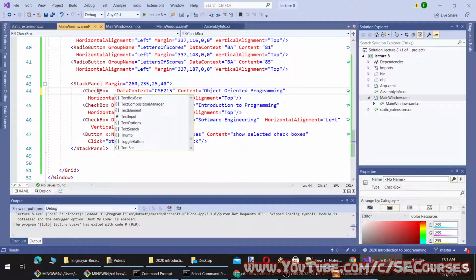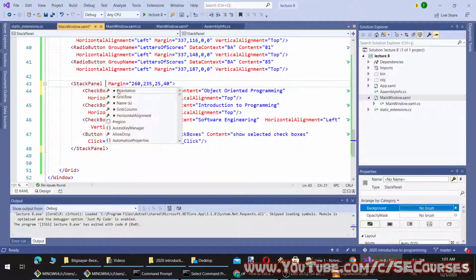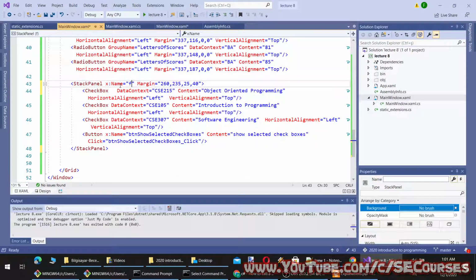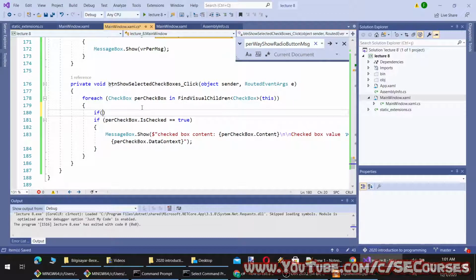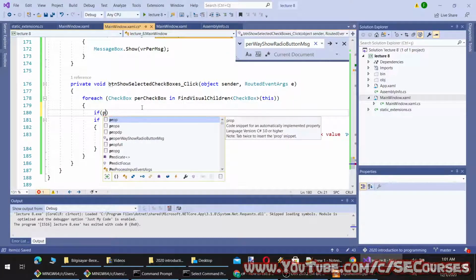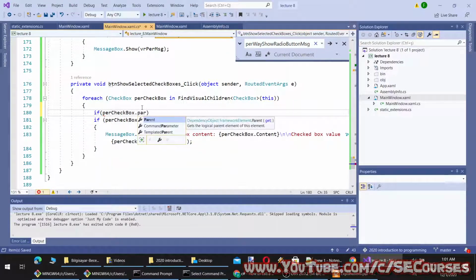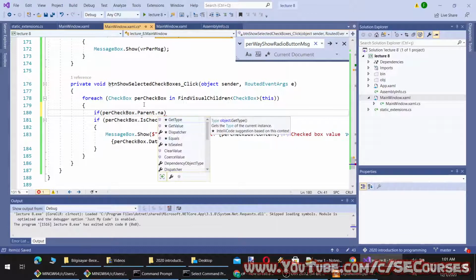Maybe we can use the parent name, like first group, and I can utilize this to group them. Okay, parent name, or what is that?